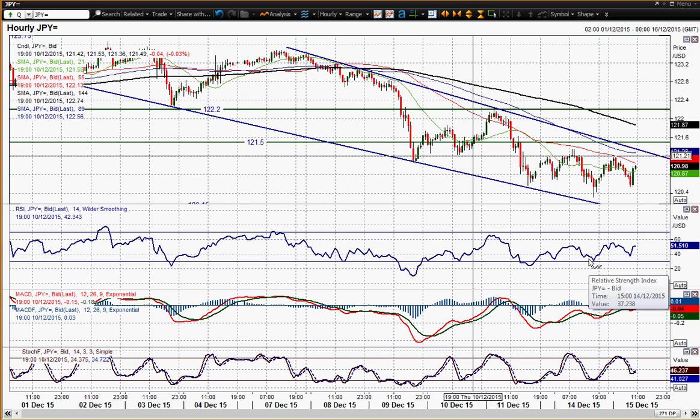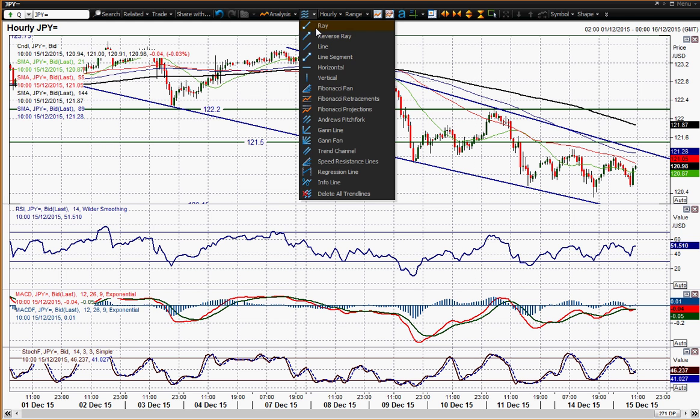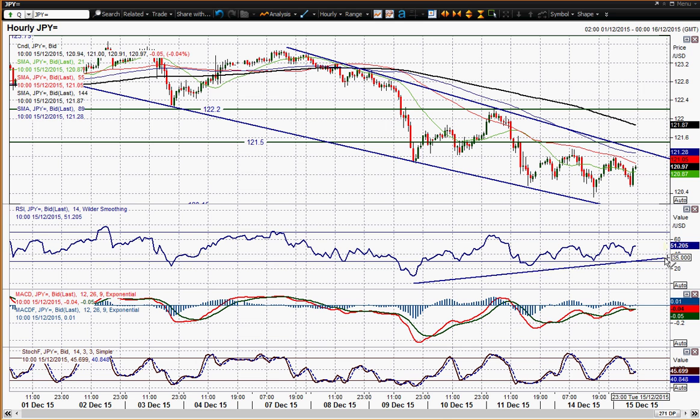In terms of the momentum indicators, again, you're seeing a lack of impetus to the downside, really. The selling pressure may be starting to dry up a little bit. You've got these higher lows on the RSI, despite the fact you're pushing lower lows on the price. So you're also seeing that reflected in the MACD lines as well. So I would say that the impetus to the downside is not all that great now,